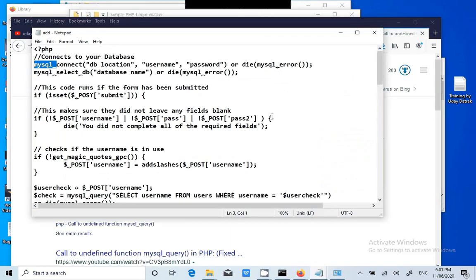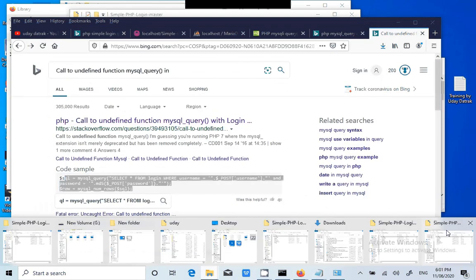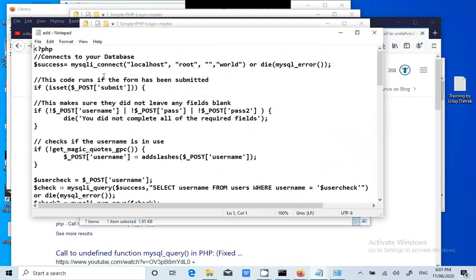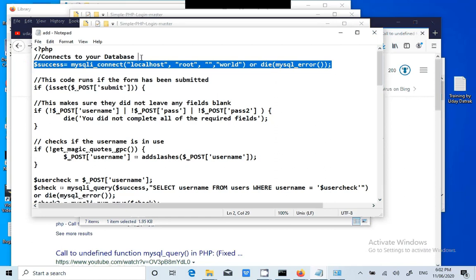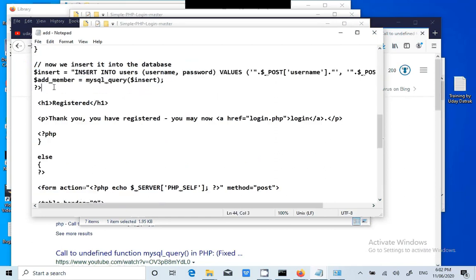So I added two more lines additionally within this add.php. I just put one condition: my $success is equal to this particular value as the tutorial gave for that error.